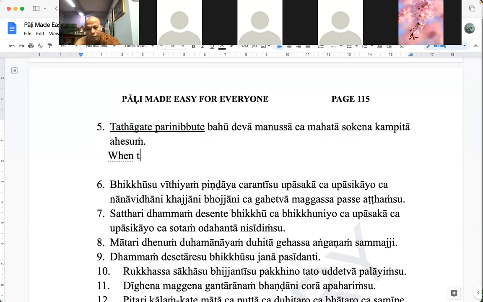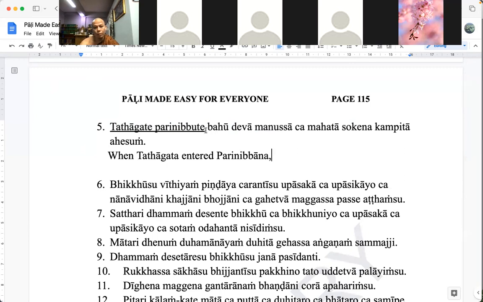So when the Tathagata, the perfect one, entered Parinibbana, or entered final peace, or something in this way in the vocabulary already. So when the Tathagata entered Parinibbana,